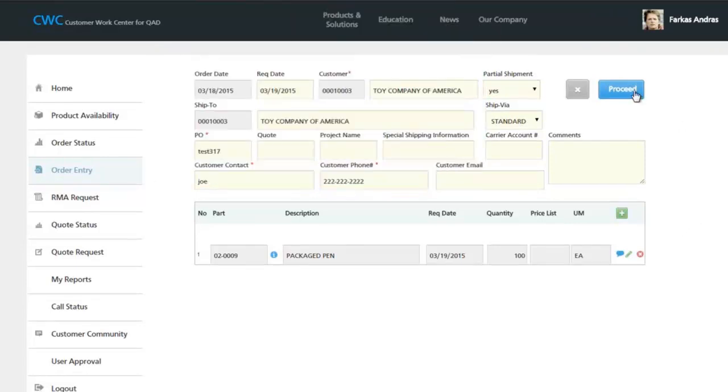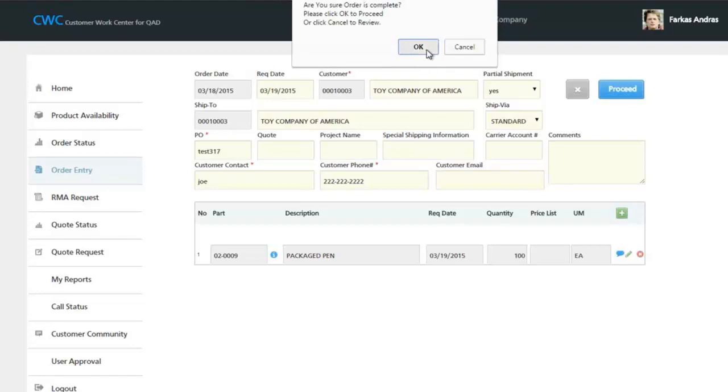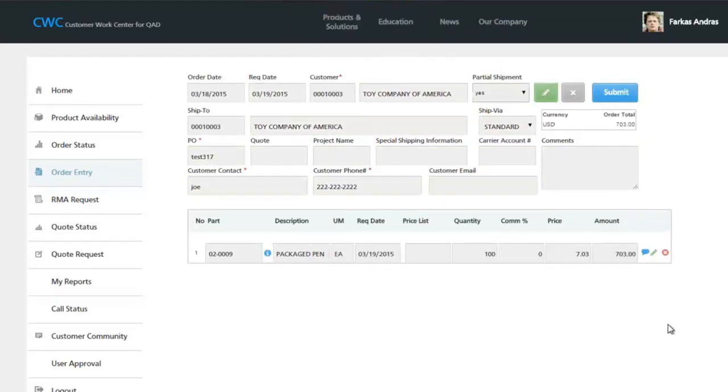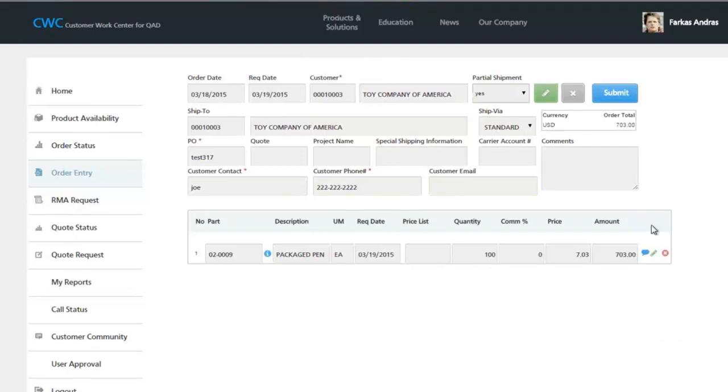And then this is just a review screen here. Nothing has gone into QAD at this point. This is your review screen. It says, hey, here's all the information. You can certainly hit this to edit. If you need to edit the header, there's another edit button at the line level. But you'll notice that the pricing has defaulted based on QAD best pricing logic. And that's the way we have it set up for a demonstration. But again, like I said, that can be set up based on your